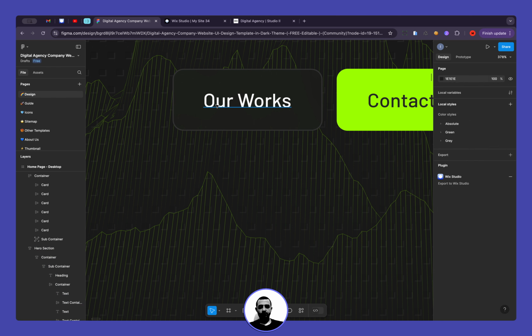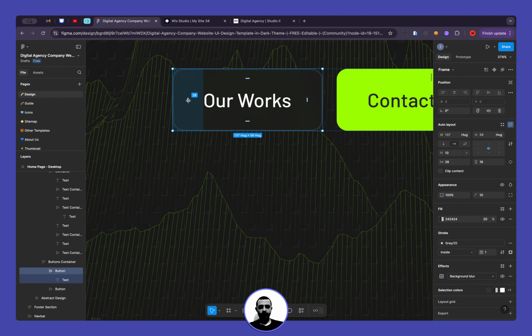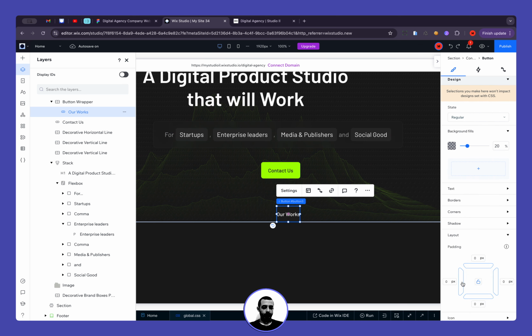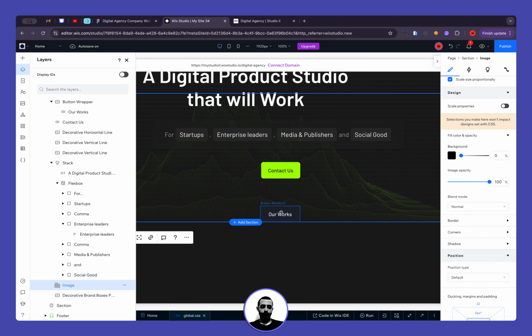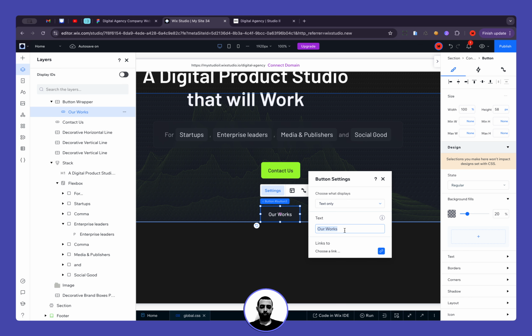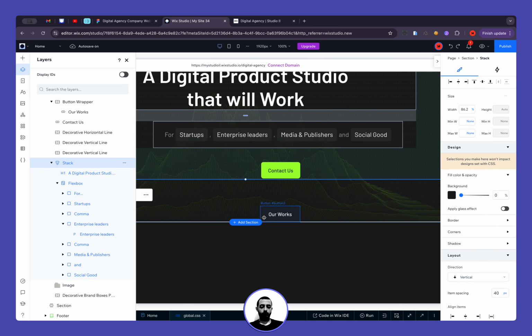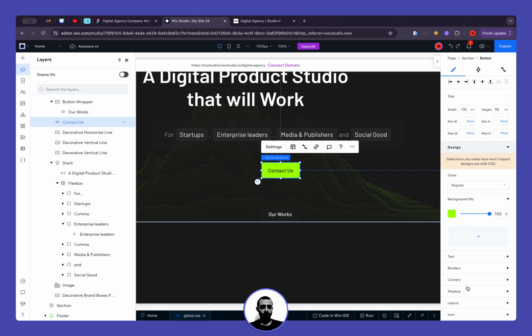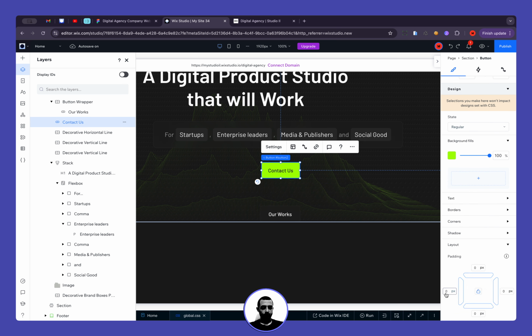So this, you can see that the padding is 28 pixels. So let's add it. Let's go to the layout and add 28 from left and 28 from right. And now if I change this value, the button will grow, which is exactly what we wanted to do. So we need to do exactly the same for this one. So layout is 28 by 28,